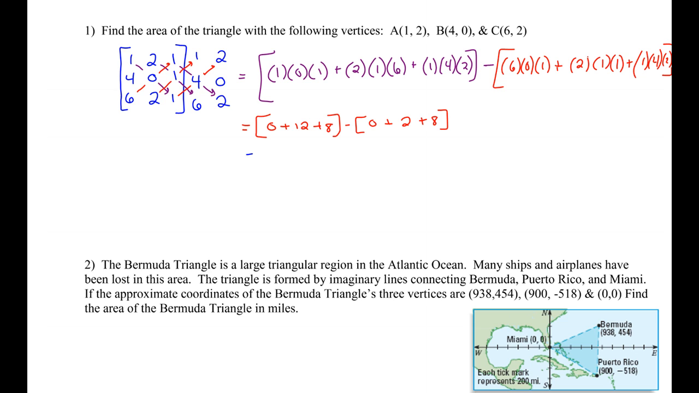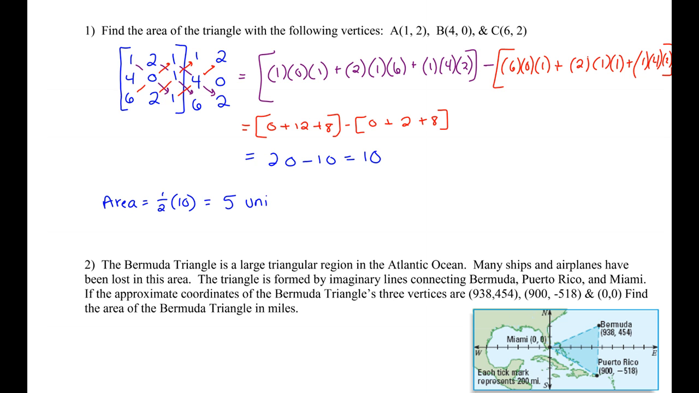So we get 20 minus 10, which gives us a determinant of 10. Now I need to plug this into the formula for area, which was plus or minus the determinant. So because the determinant is already positive, I want to multiply that by a positive 1/2, remembering that I cannot have a negative area. So we get 5,